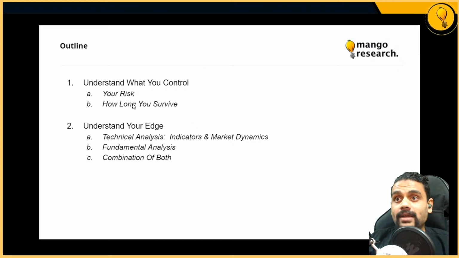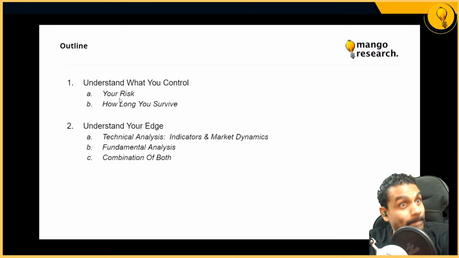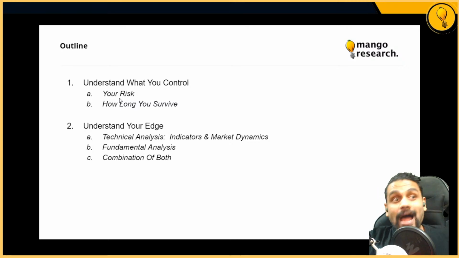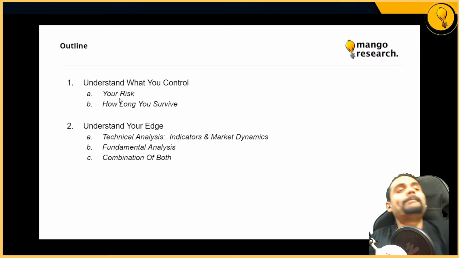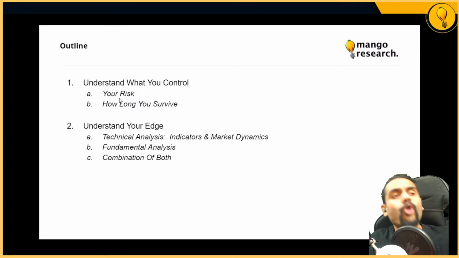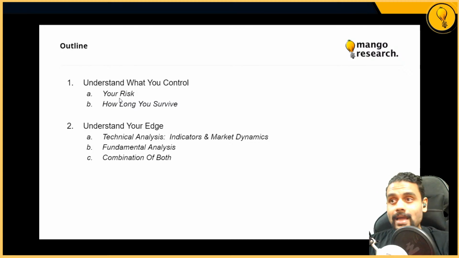So if I take a trade based on the Ichimoku setup on the 12-hour time frame on so-and-so conditions, and it's on Bitcoin, where I also have a fundamental edge or hypothesis, I am not going to mix the two. I am not going to say, hey, this is not working out, my 12-hour Ichimoku trade is not working out, but I believe in Bitcoin long-term, so I'm just going to hold on to this trade and let it go down and down and down on me. And if I'm on leverage, I'm going to be losing all my money because I'm getting wiped out. That is dumb. Don't do that.